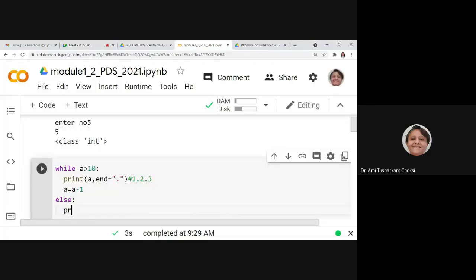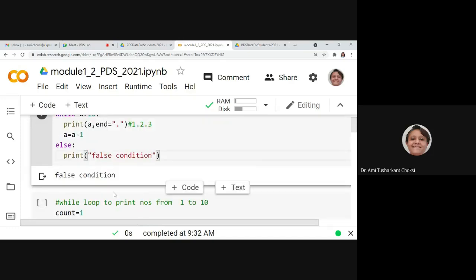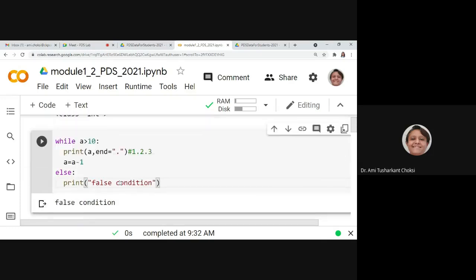Here, I'll say print false condition, right? Okay, now let me run this.